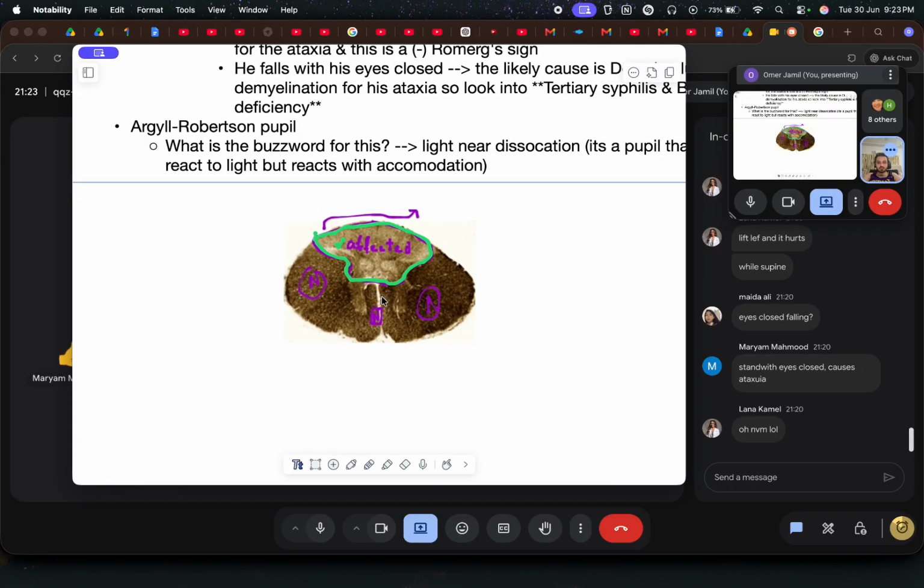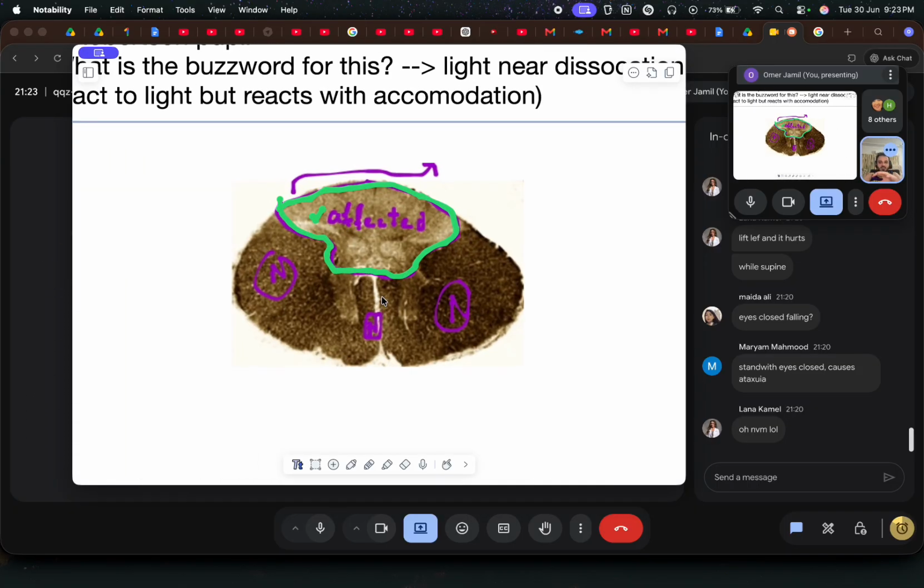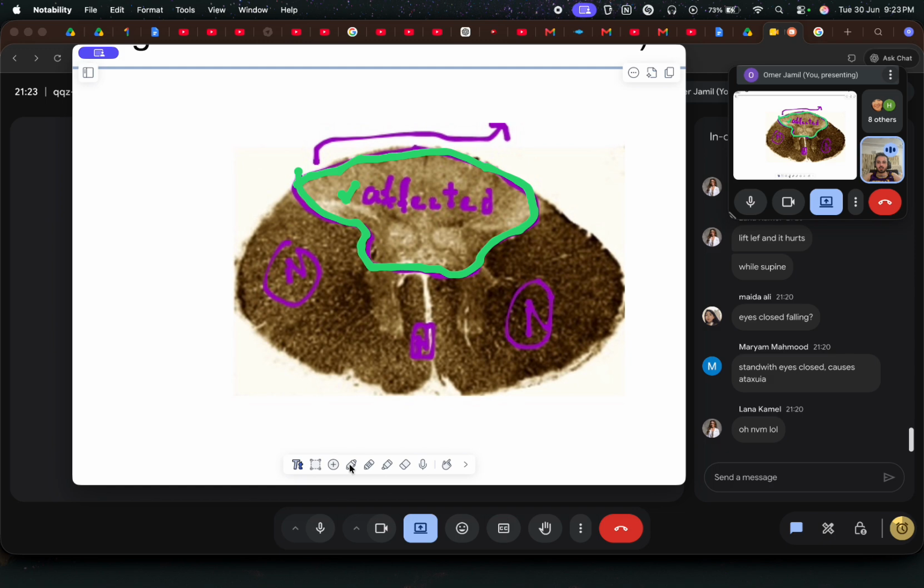Remember, the part of the spinal cord that takes up the stain is absolutely normal. This area did not take up the stain, which means you have a problem within the dorsal column. I can easily give you another example. This is the area where your spinocerebellar tracts are, so if this area does not take up